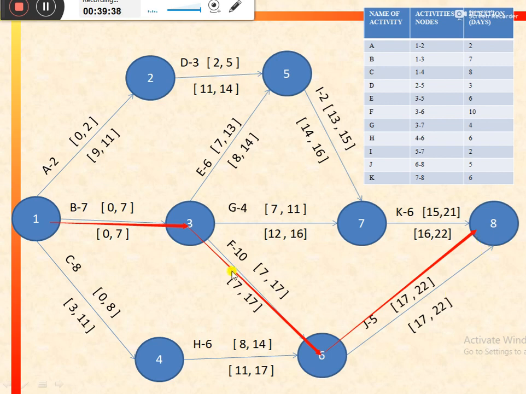If we delay this path, then there would be a delay in the whole project. And the activities that are activity B, activity F and activity J would be known as critical activities of the